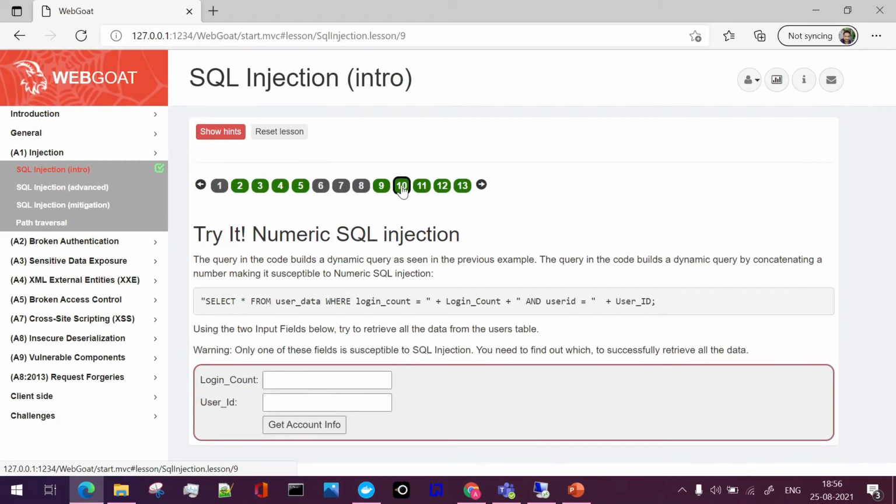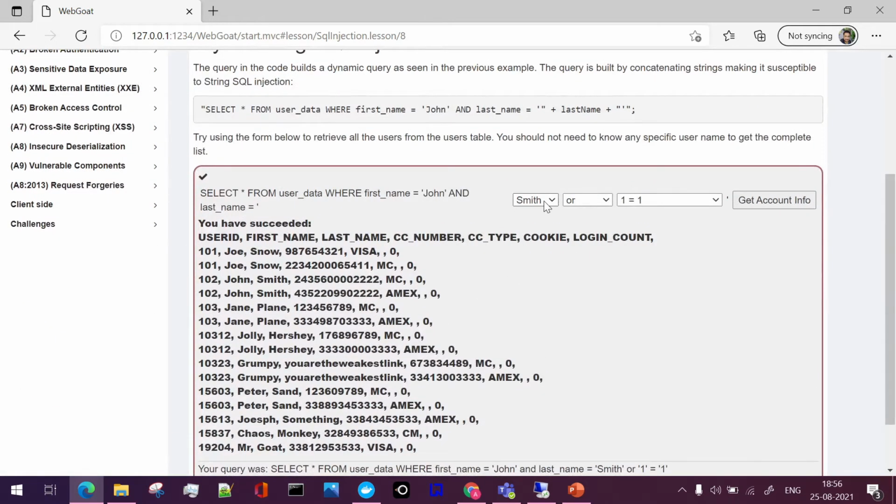If we move on to the next one, let's try this SQL injection now. In the previous example, we saw that they have given us these examples with which we can play, and we can see if it is easily accessible, or if we can clearly get some response or not.